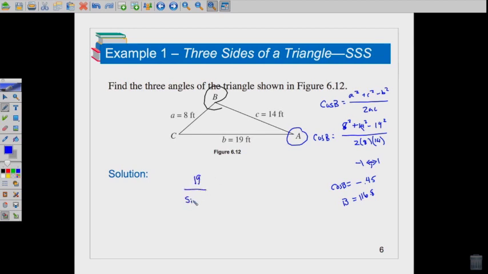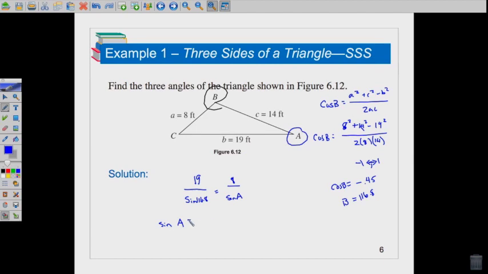19 over the sine of 116.8 equals 8 over the sine of A. I just switch gears. Now I'm in the law of sines, which I know, I mean, just writing that out was a lot simpler. And now I can solve for sine of A. If I rework this thing so that the sine of A